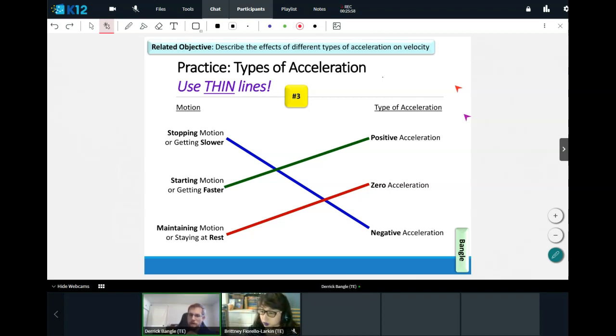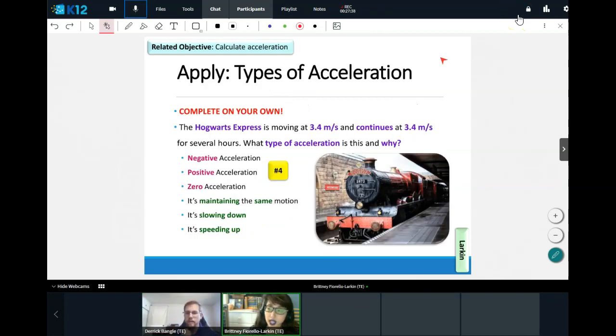So if anyone wants a really helpful way to remember this, just think of what you would feel in a car for that type of acceleration, right? If you're moving faster, you're being pushed back. If you're experiencing negative acceleration, you're being thrown forward. Zero acceleration, you're not feeling anything, right? Just like when you're traveling at constant speed, like on a bike or something, it doesn't have to be in a car. All right, let's go ahead and take a look at this one right here.